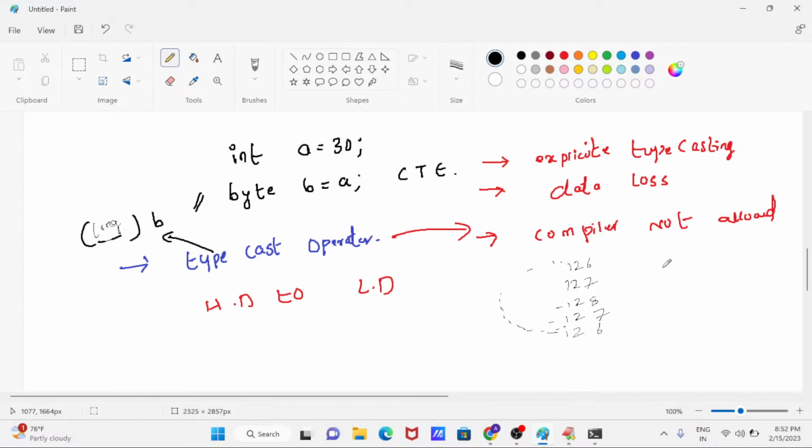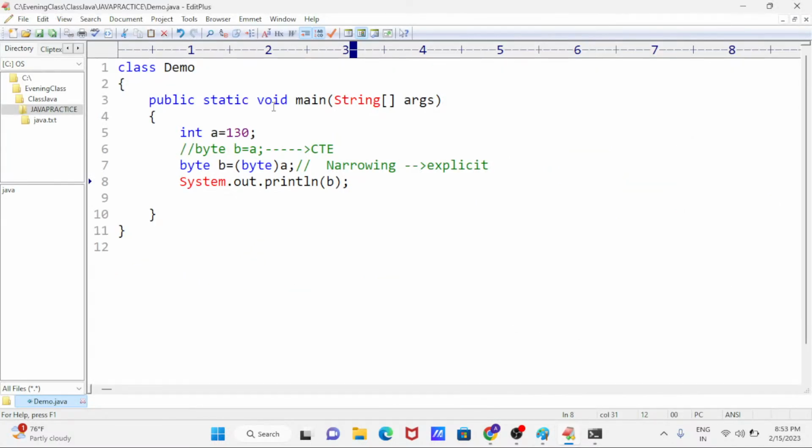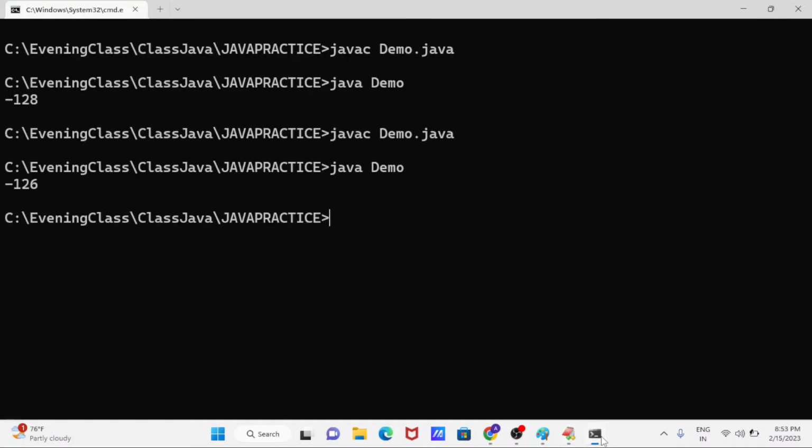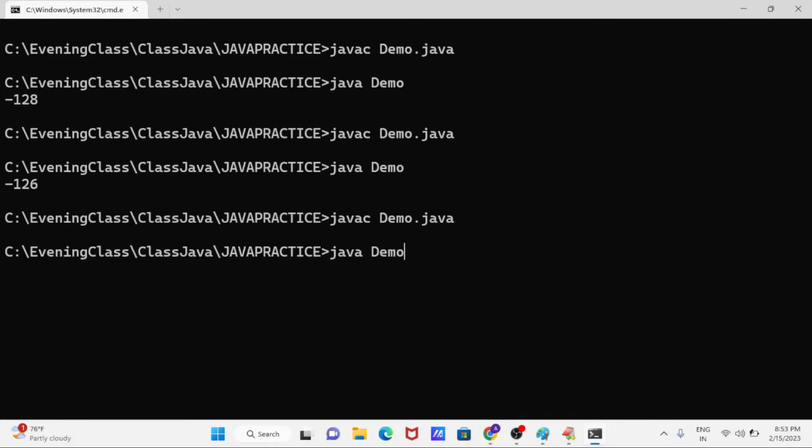If you are trying to store 500, first it will store the plus 127 value. Again, when it reaches 128, it will store minus values. So again it will convert to one plus number or one negative value. Just check. Here I am trying to store 530. Directly it can't store 530, so instead it will store the reverse order numbers. See what you are getting.